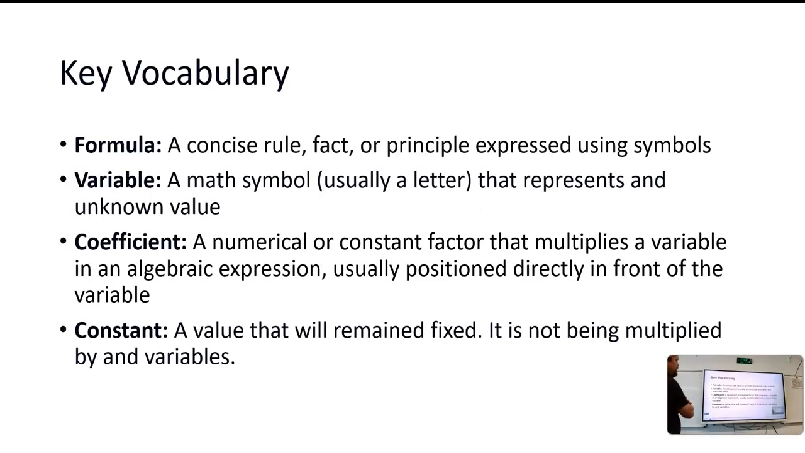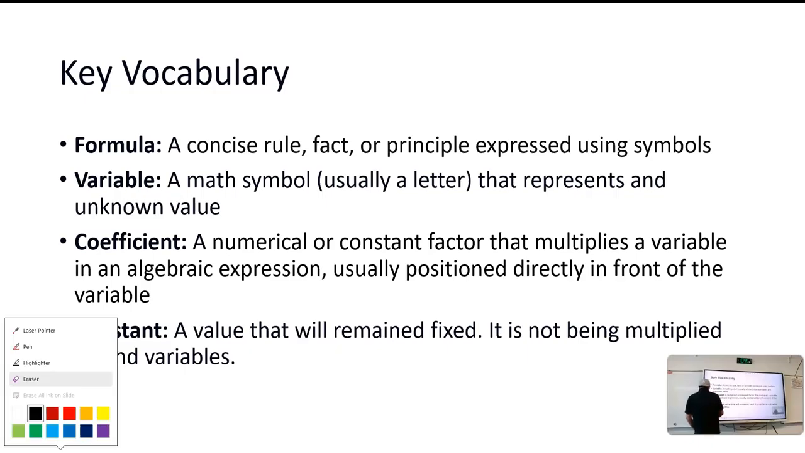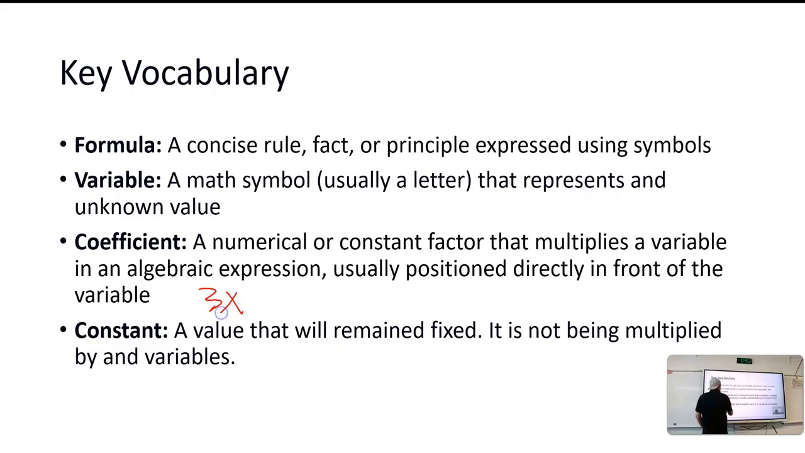A formula is a concise rule, fact, or principle expressed using symbols. A variable is a math symbol, usually a letter, that represents an unknown value. A coefficient is a numerical or constant factor that multiplies a variable in an algebraic expression, usually positioned directly in front of the variable. So if I had something like 3x,